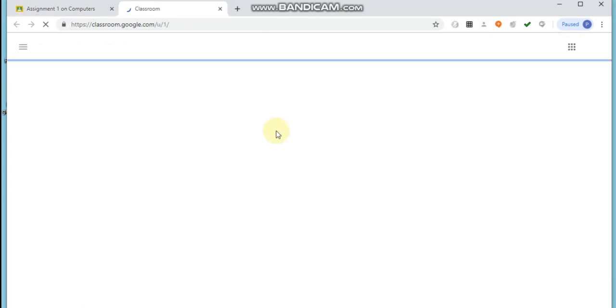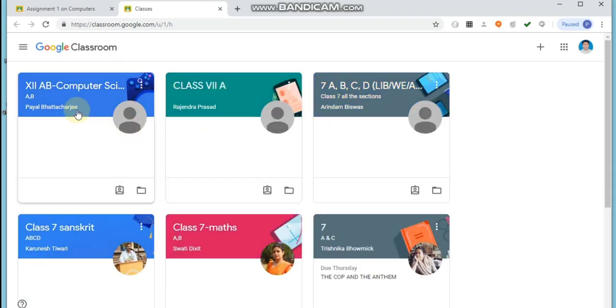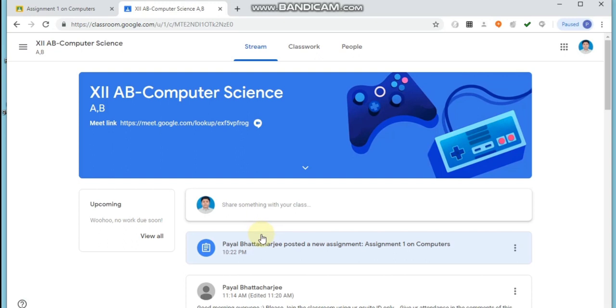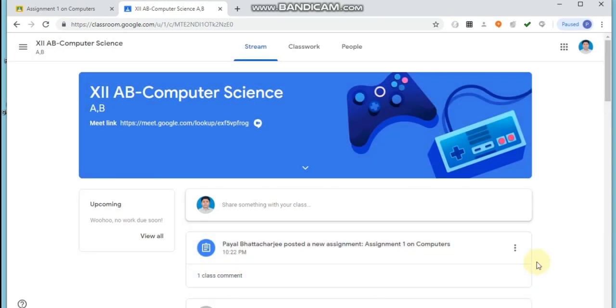So the student will come to the Google Classroom, and then the student will be able to see in the classroom that yes, you have completed your assignment,